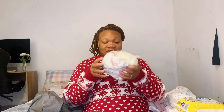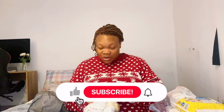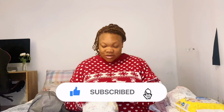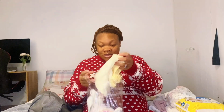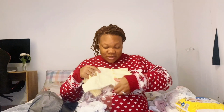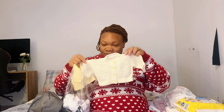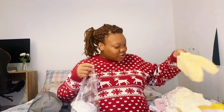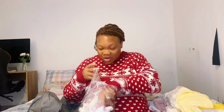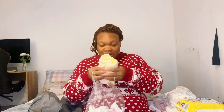In this bag I've got hats, socks, bibs, cardigans and all of that. I'll show you the cardigans. You've got hats, you've got bibs, I've got 2 cardigans. Look how cute that is. Handmade, not by me, but yes, they're very cute. So you've got 2 of them, to keep baby warm. And then socks, hats, bibs and all of that. So that's what's in this bag. Nothing too fancy,